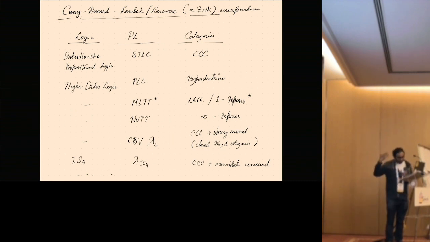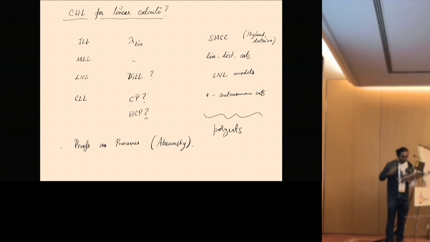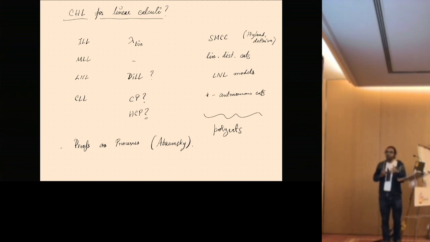So where do session types come in? And that's the question I wish to explore. So all of these languages have a sort of Cartesian flavor. The substructural rules don't change much. But when we go to linear logic and linear lambda calculus, the situation is much more complicated on the rightmost